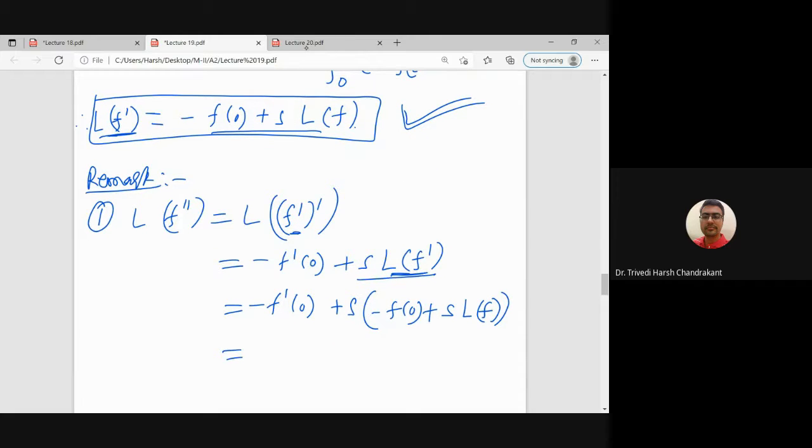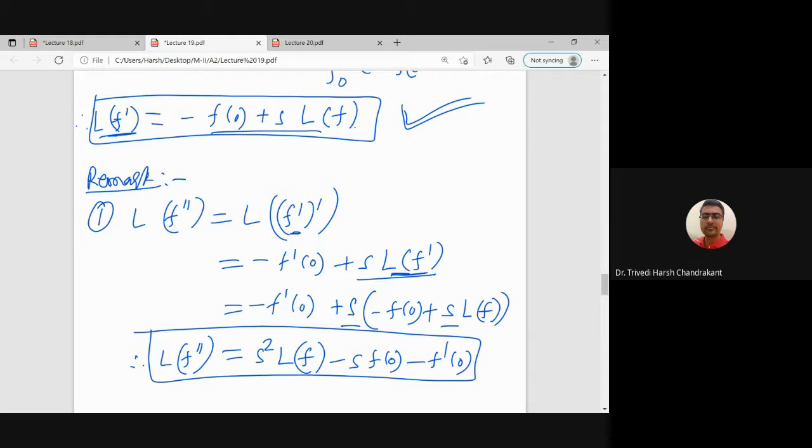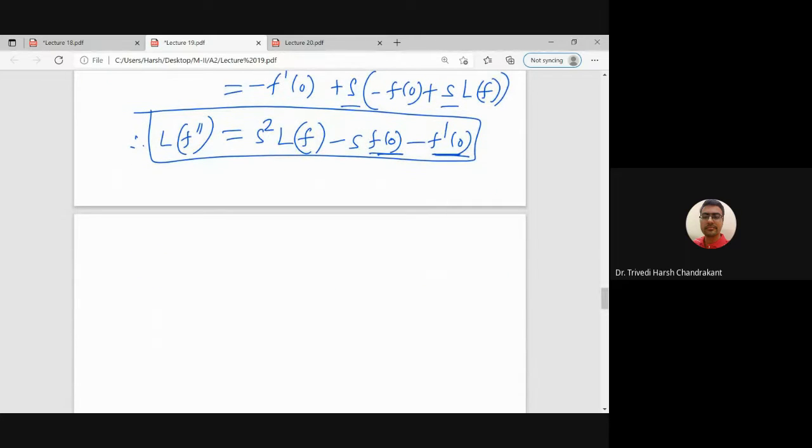Now we can simplify this. What we get is s into s, that is s square times Laplace of f, minus s times f0 minus f dash 0. Now you can see that the terms coming are in terms of f0, f dash 0. So we can see the connection with initial value problems, and in general, if we differentiate the function n times,